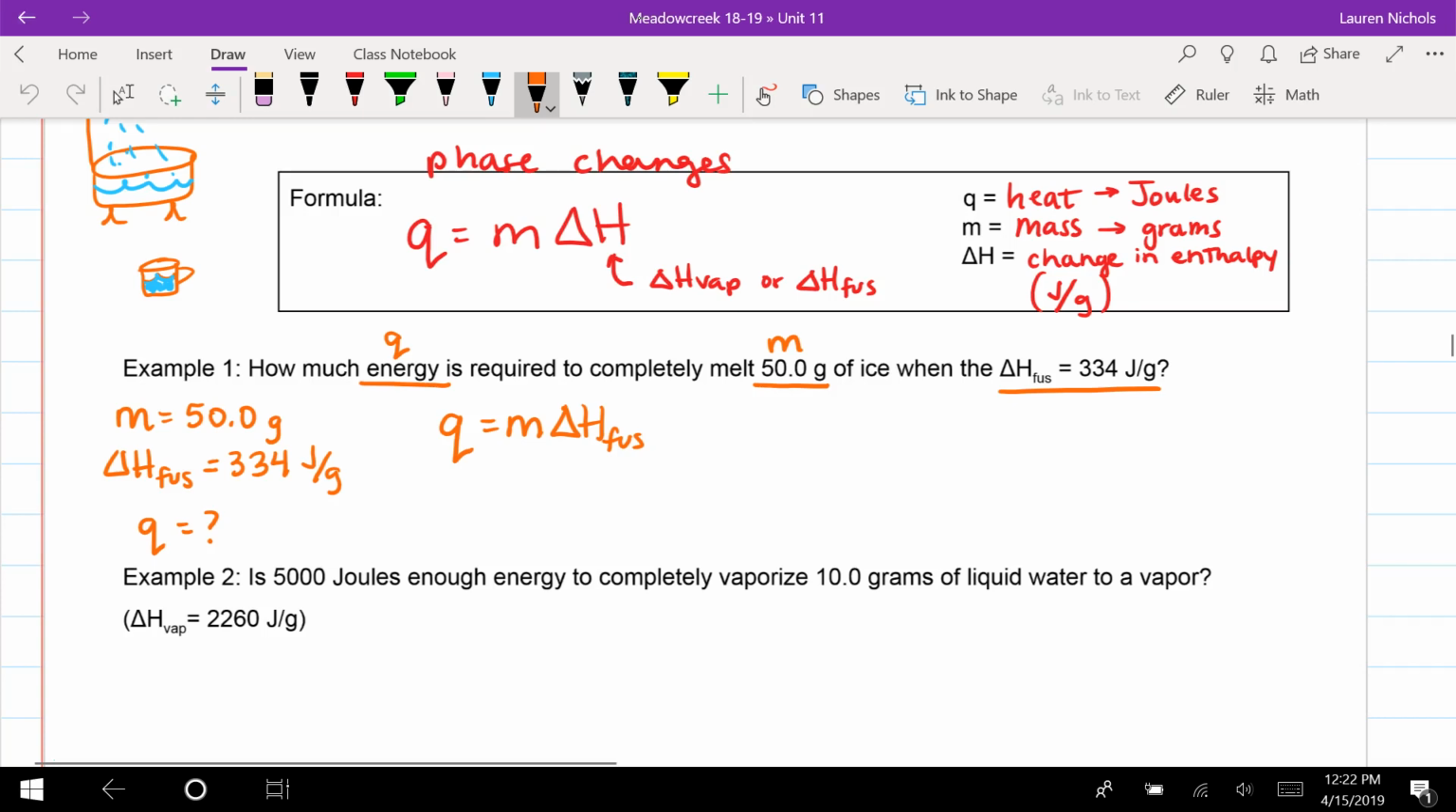So now we'll plug in the numbers we have. We do not know Q, so we're going to rewrite it. We know that mass is 50.0 grams, and we know that our delta H of fusion is 334 joules per gram. And the reason why I put these numbers in parentheses is to make sure that we keep our unit with the number that it goes with and that they don't get mixed up. So when these numbers are side by side, that means we're going to be multiplying. So this means that Q is going to be equal to 50.0 times 334, which is